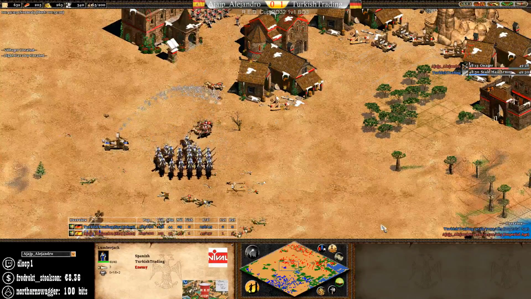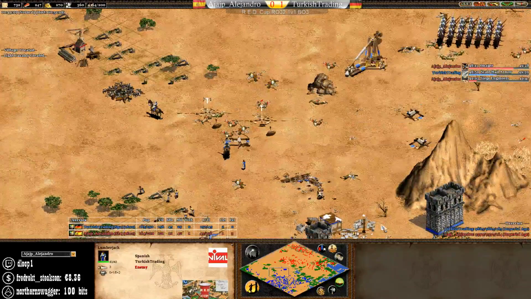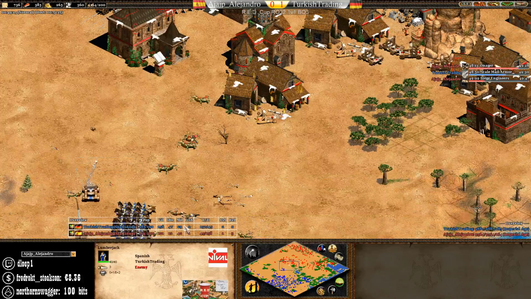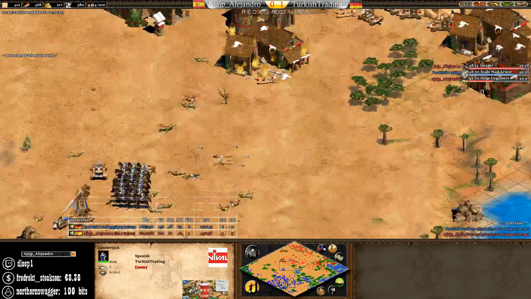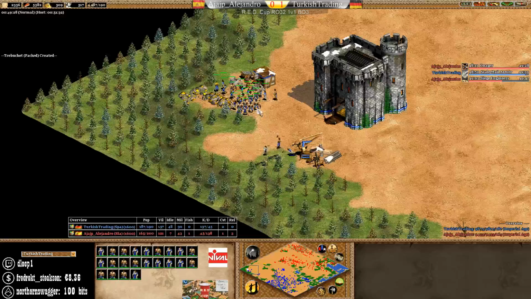Okay, keystroke micro from blue is on point. He needs to add in a bit more onagers. He has them at home. Scatter point is not the greatest. He has 47 idle villagers. 47 idle villagers from blue. That's what's... Oh my...